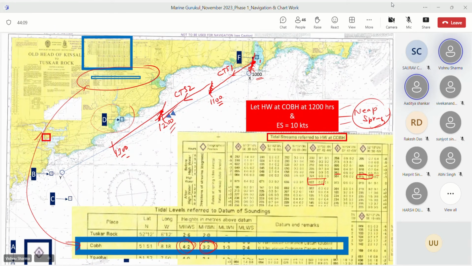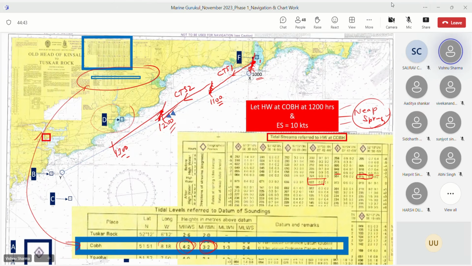Okay, so that is your tidal stream. Now, whether you draw 4, 5 triangles or you draw 2, sometimes you can make a compromise depending on the time at hand, but usually the streams change every hour. So an hourly triangle is definitely a better bet, of course, subject to time. You cannot be drawing 20 triangles, which will not be required. You will not be drawing more than 3, 4 triangles. So if you draw 3, 4 triangles, it's fine.